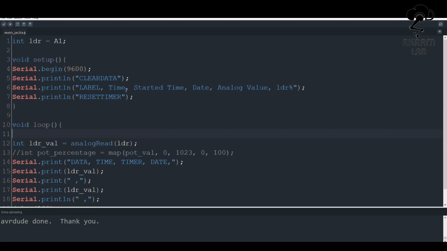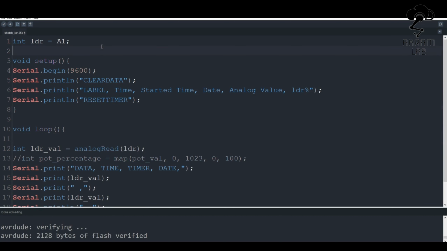So this is the Arduino IDE. First of all, I have initialized A1 for the LDR, because I have connected my LDR to analog pin A1 to read the analog data of the LDR.